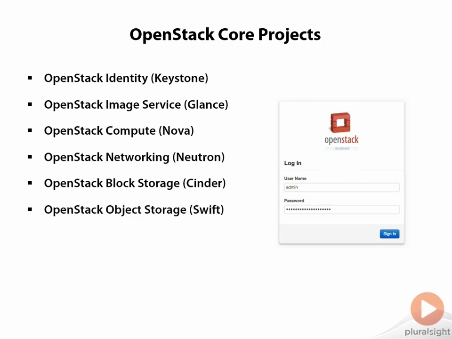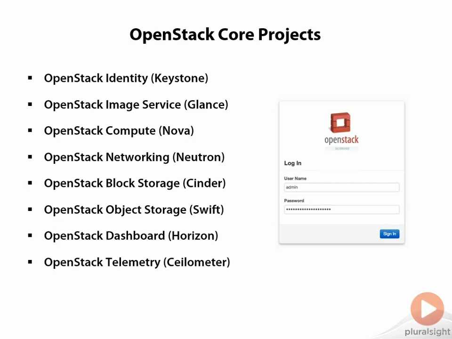Our object storage environment, known as Swift, of course, as you saw, is one of the early projects that has been involved. And as you can see on the right-hand side, that little logo there is the OpenStack dashboard. That is the Horizon environment, which is how we do the self-service delivery. Ceilometer is the telemetry service, which was added recently in the Havana release. And the orchestration service, which has also come out in the Havana release, known as Heat.